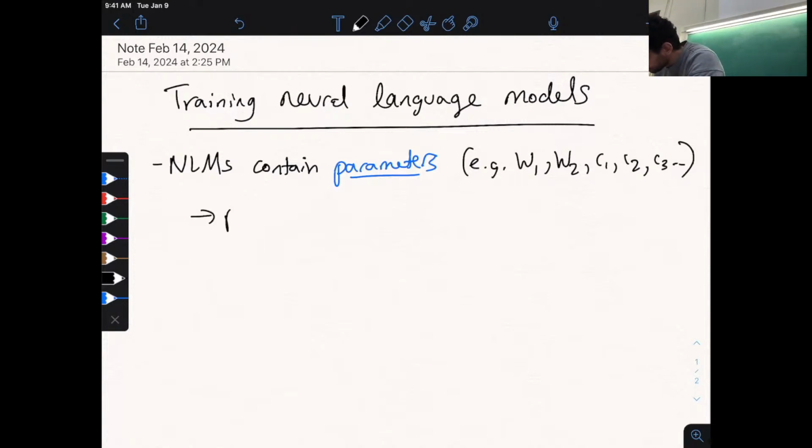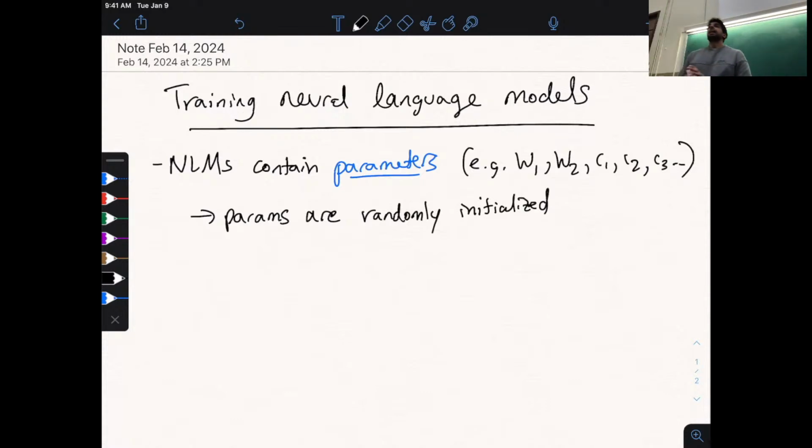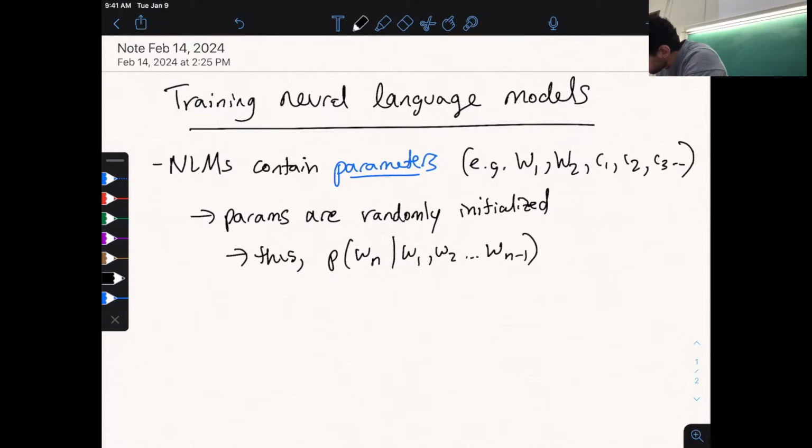So these parameters are randomly initialized. This means that their values, like all of those elements in the matrices and the initial word embeddings, are completely random at the start of training, just random numbers. And as a result, the probability of the next word that's computed by one of these language models is also random